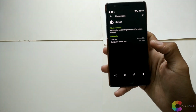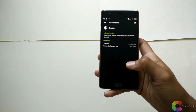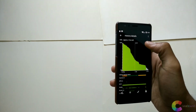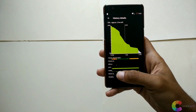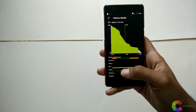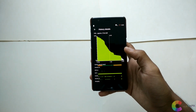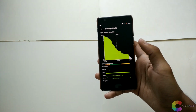And this was my screen on time for that. So overall, the battery life is pretty good in my opinion, but it can be better. As you can see here, my phone actually went to sleep. It'll probably look better on the screen when I edit this. Anyway,